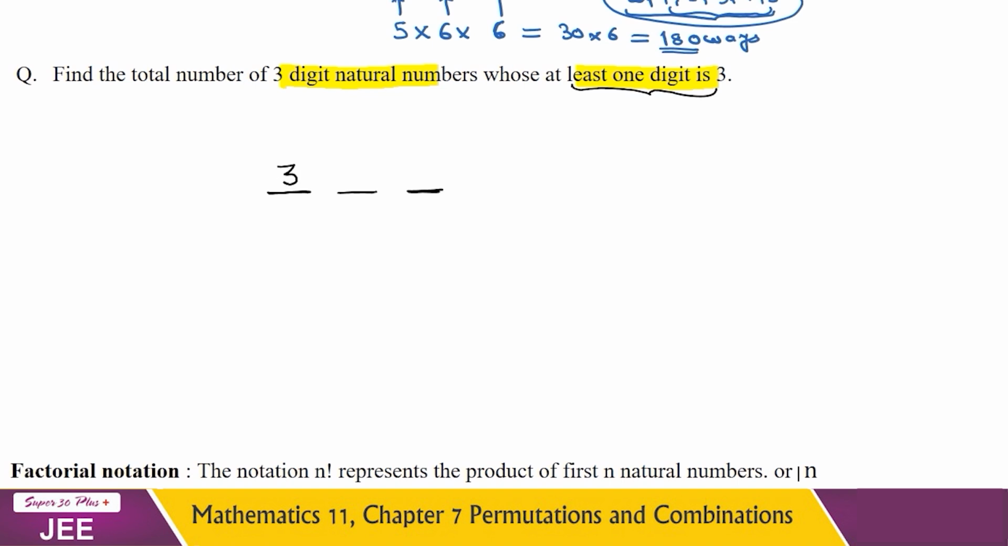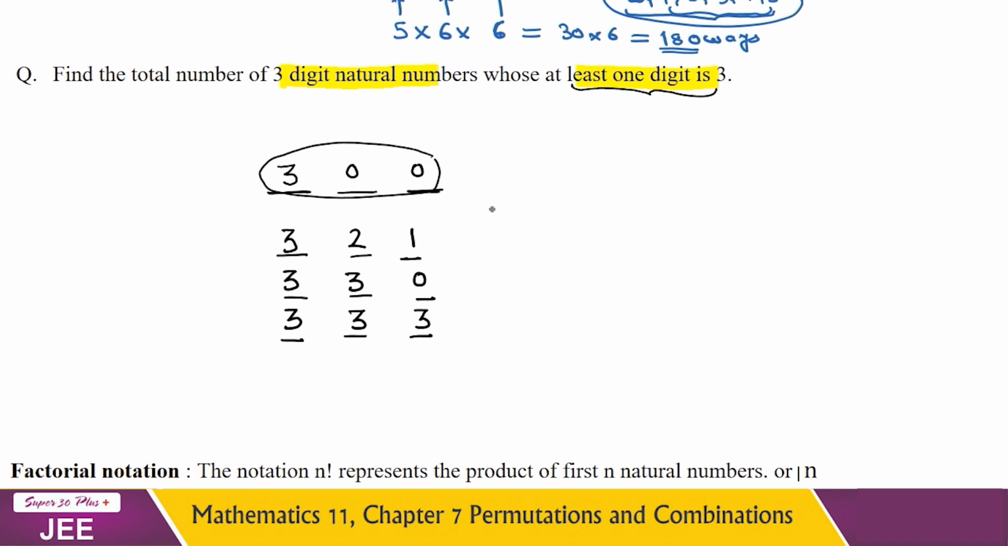It means that I can make a number like 300. I can have a number like 321. I can have a number like 330. I can have a number like 333. Alright. These kinds of numbers, the total number of numbers that have been asked, in which 3 occurs at least once in one of